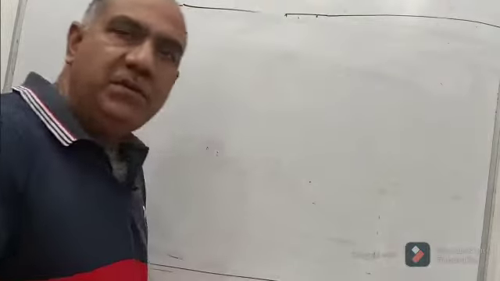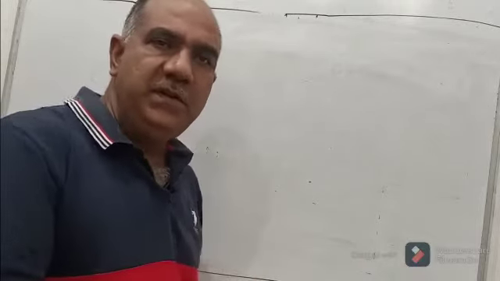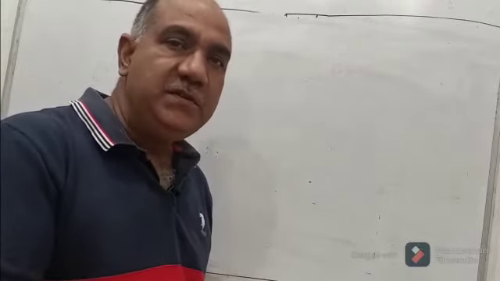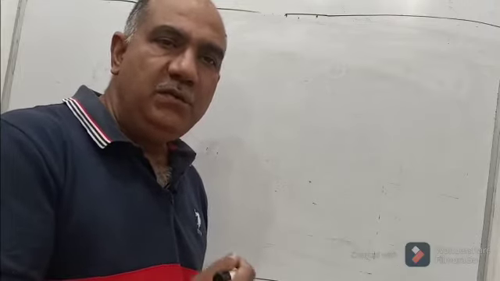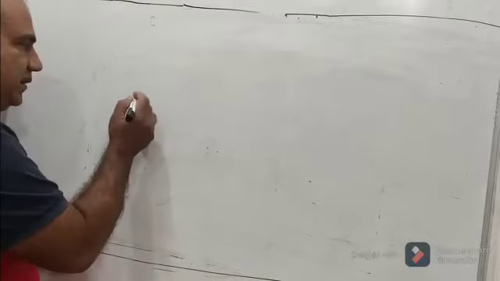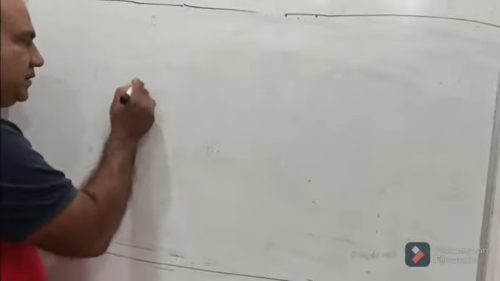Hello students, in this class we are going to learn how the different characteristics are varying when we move across a period. For example, what happens to number of valence electrons when we move across a period from left to right, and what happens to valency of an element when we move from left to right across a period. So for this I will take an example. Let me write here elements of the third period.